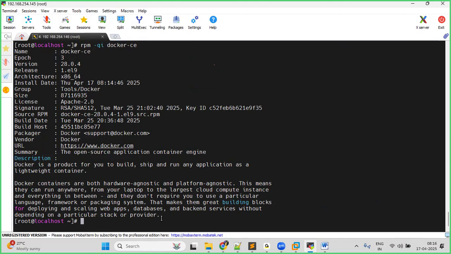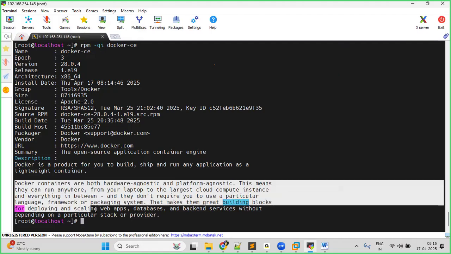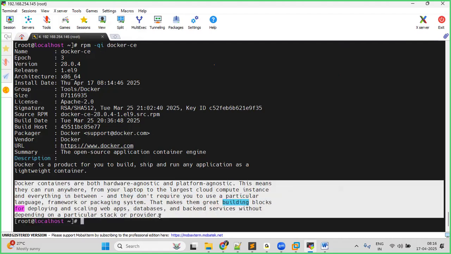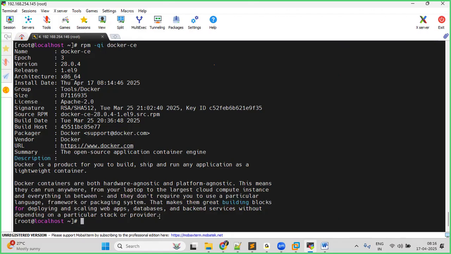Finally, if anyone asks you the question, what is Docker? Yes, you can say this one. This is the official message from the Docker developers who developed this software. Or else, if you have more experience working with Docker, you can add your experience also